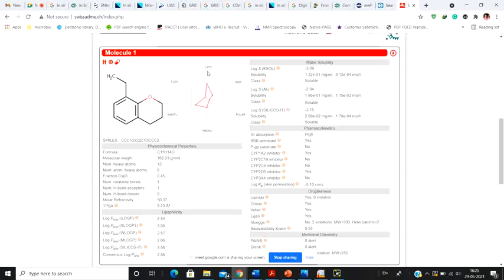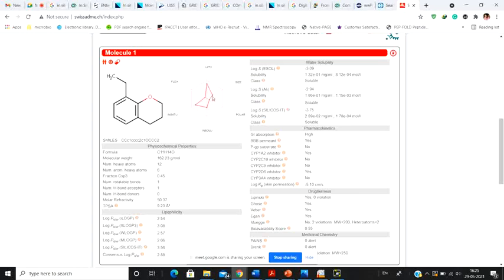If you hover your pointer over this, it's going to show you the parameter range. For example, if I bring my cursor here, it's going to show you the lipophilicity range. The lipophilicity must lie between -0.7 and +5. The size must vary between 150 and 500. Whereas the polarity or the TPSA must vary between 20 angstrom square and 130 angstrom square. Overall, it's also color coded. That means this particular molecule must lie within this pink zone. If it moves out of the pink zone, then the molecule has a disadvantage.